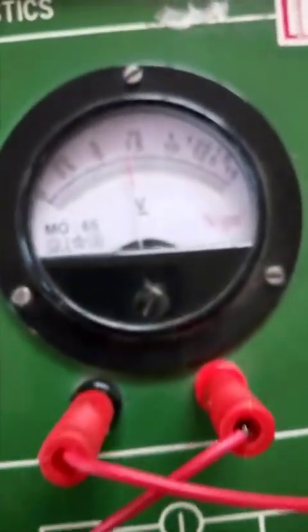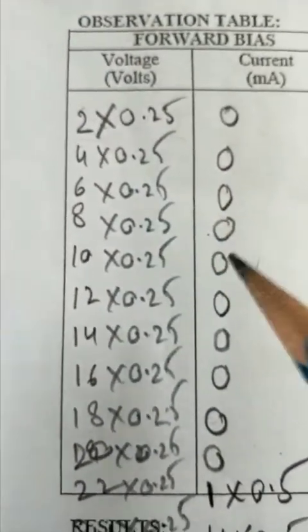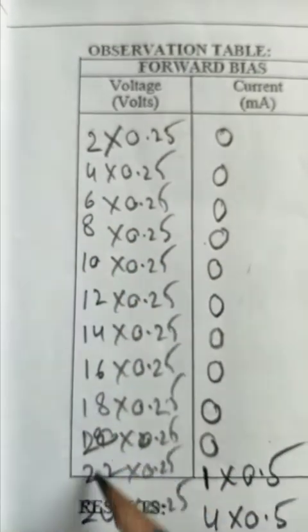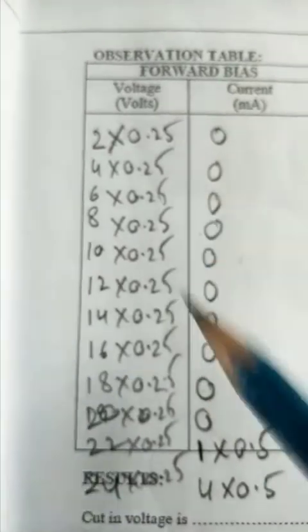Okay, there are no voltmeter changes you are getting, there are no ammeter changes you are getting, which means you are getting values up to the 28th line. Okay, the 28th line. Now it is the 28th line only, it is not the 28th value. Now I have to multiply here by 0.25, 0.25, correct or not? So now I will do it here, multiply, then I am writing the total value. So using the eraser I am going to erase all the values, and the total value I have to place out here. Otherwise what the students are doing, they take the graph for the lines, otherwise they take 0.25, 0.25. Most of the students are making this mistake, that's why.